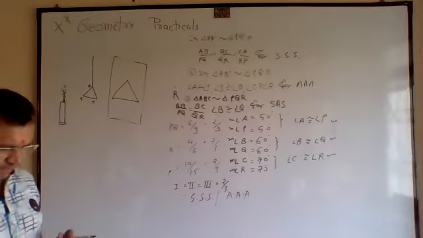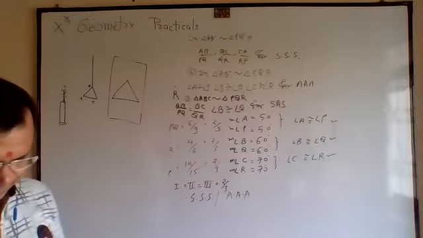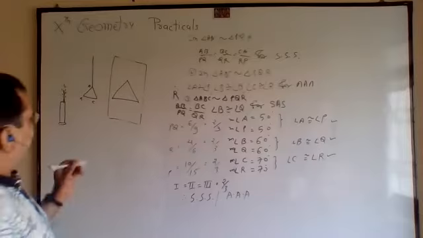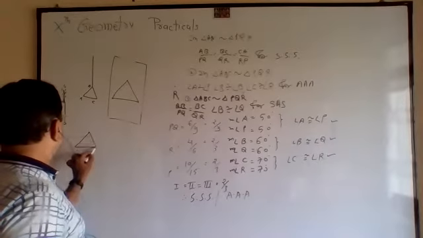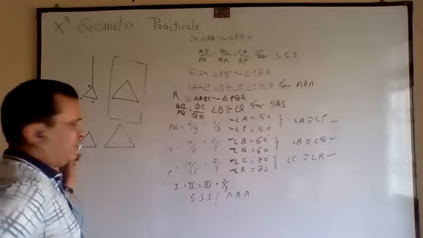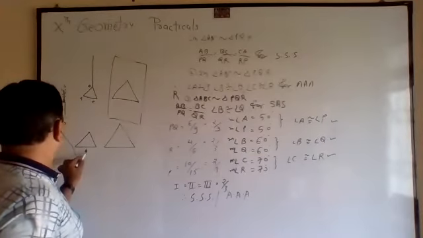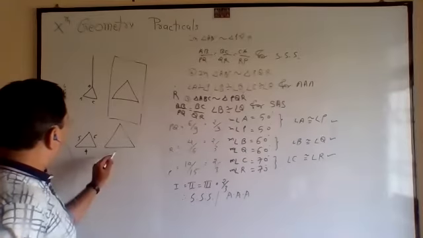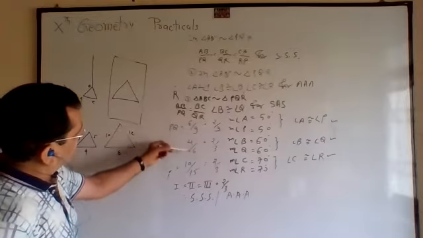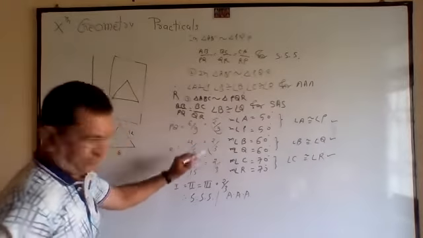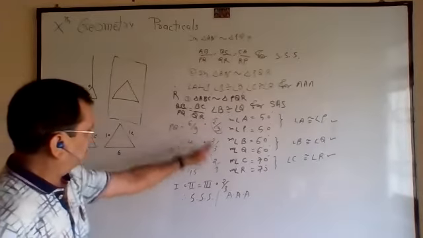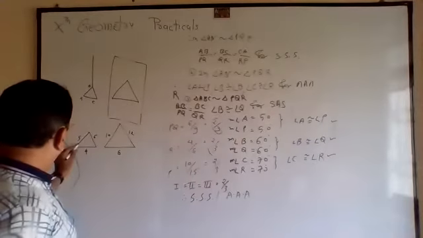Sir, please explain again that experiment. Okay. What will you do in the exam? You will take any two triangles, whatever the measurement. Suppose it is 4, 5, and 6. So make it double, simple: 8, 10, and 12. So every time the ratio will be equal. Half, half, half. I have taken 2/3. This by this, this by this, this by this, three are equal. Then you measure this.